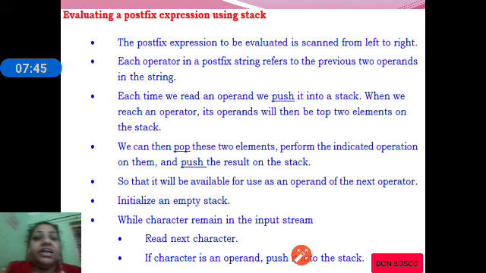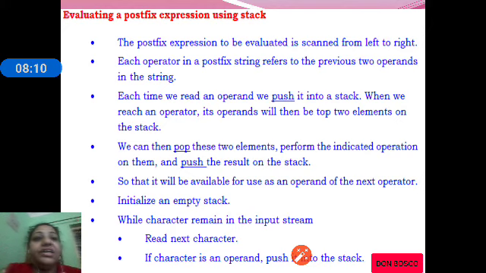Unlike in the infix to postfix conversion, where we use a stack of operators, to evaluate a postfix expression we will be using an operand stack, a stack of operands. Therefore, whenever the scanned symbol is an operand, it will be placed onto the operand stack.